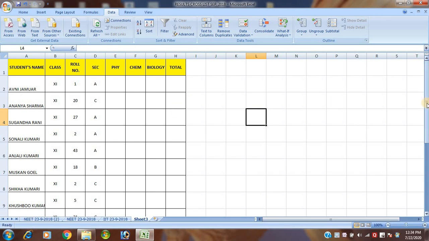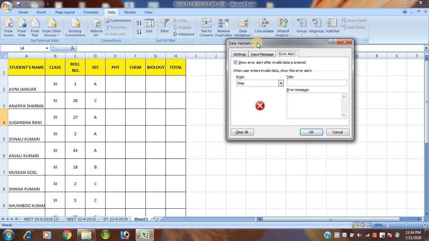How is it possible student? By the help of data validation. Then how to apply data validation? First of all make the Excel, and select the marks where you want to apply the data validation. After this I want to apply the data validation. Click here. Click on the Data tab. From the Data Tools group, click on Data Validation. Again 3 options will be displayed. Again click on Data Validation. So this is my data validation box that will be displayed.